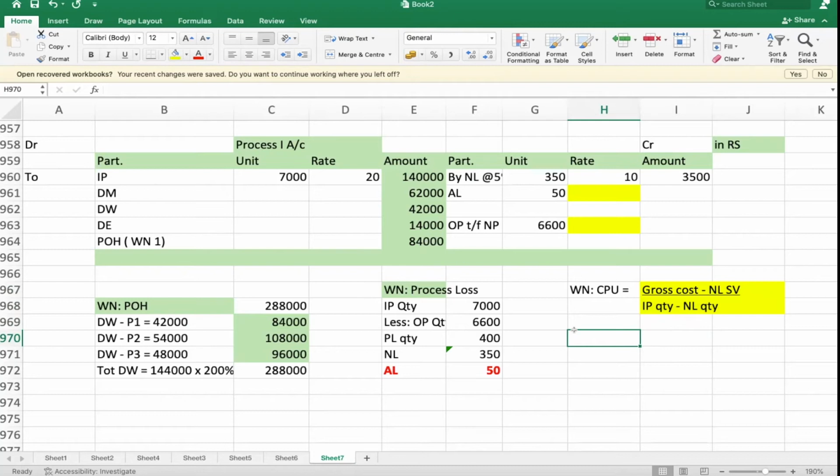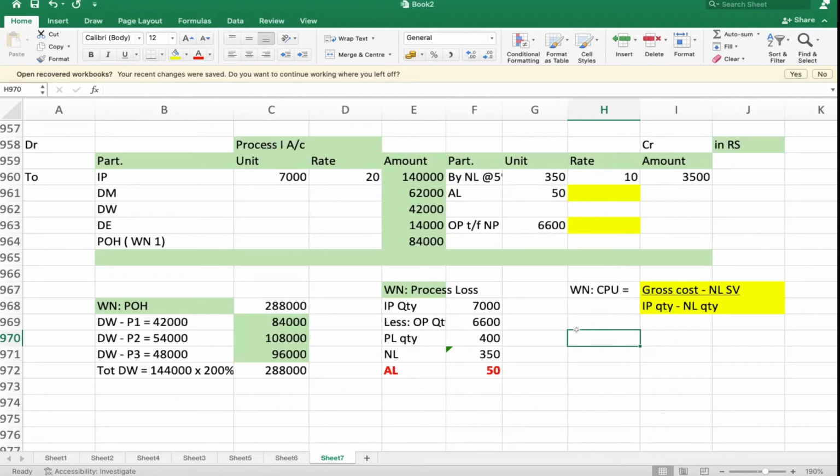In this problem, I said it's segment one. The cost per unit computation formula in segment one is different. In segment two, we are going to see some other formula. It is cost per unit only, but we are going to apply a different formula. Therefore, you should be thorough with the formulas and be in a position to know whether the problem is based on segment one or segment two. Whenever I come to segment two, I will explain the difference between segment one and segment two. Up to this stage, are you comfortable with computation of cost per unit? So in segment one, you are comfortable.